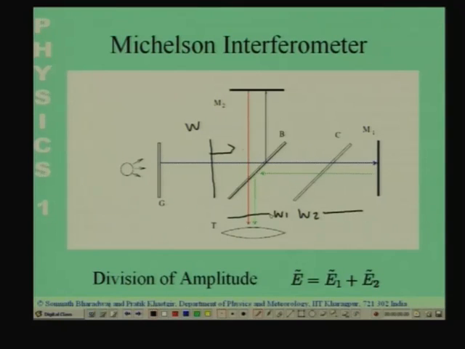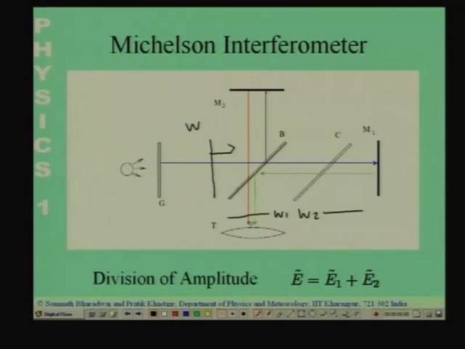So we have two wave fronts which arrive like this. W1 goes through, gets reflected from mirror 1 and then comes down. W2 goes up, gets reflected back and then comes down. So we have two waves coming over here which were produced from the same wave W. Now the question is that from a single wave W we have produced two waves. When we superpose these waves over here, are we superposing the wave at the same time instant, or is there a time delay?